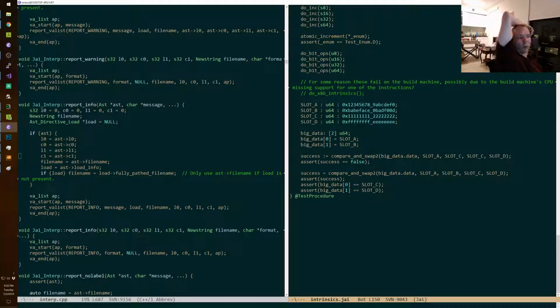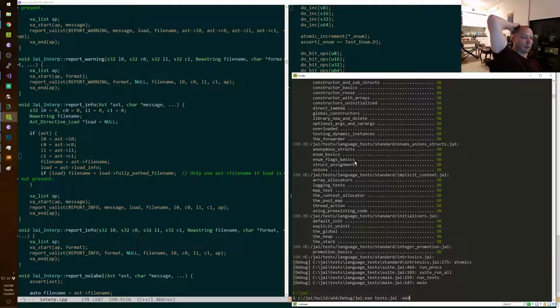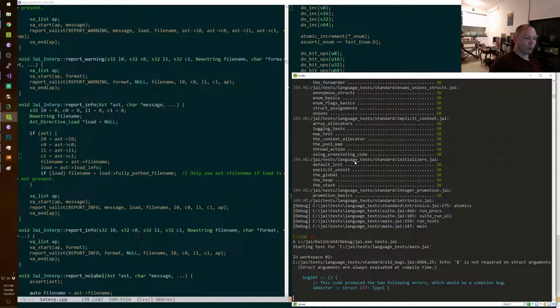Or I don't even know what. Like how, provided we give that a valid memory address, which it should be because it's on the stack, how is that going to fail? I mean, it's polymorphic. And what does this have to do? If I build it not in x64, does it succeed?